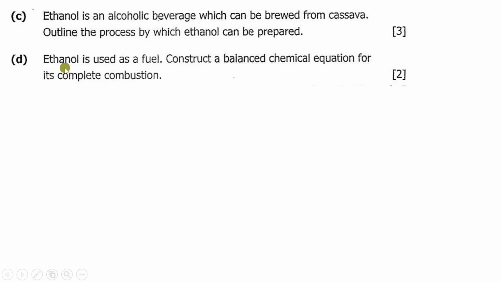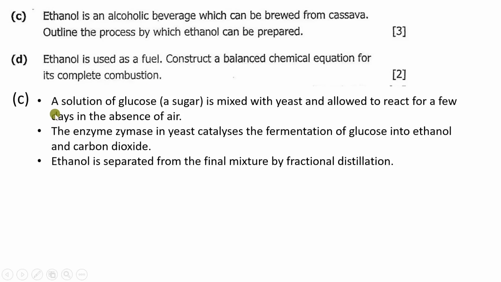Then the ethanol is used as fuel. Construct a balanced chemical equation for its complete combustion. So start answering: ethanol is an alcoholic beverage which can be brewed from cassava. Outline the process by which ethanol can be prepared. So in answering, we can say a solution of glucose